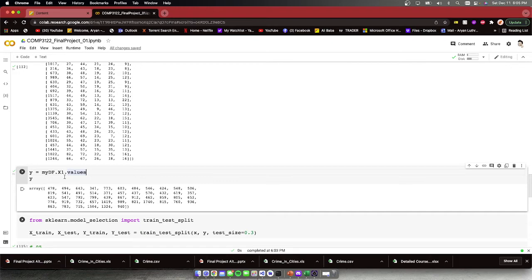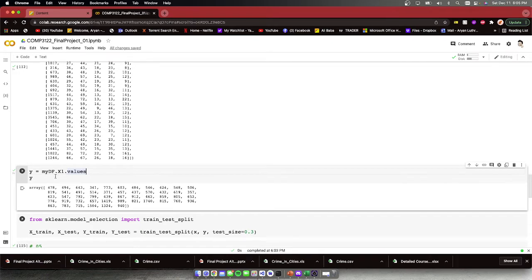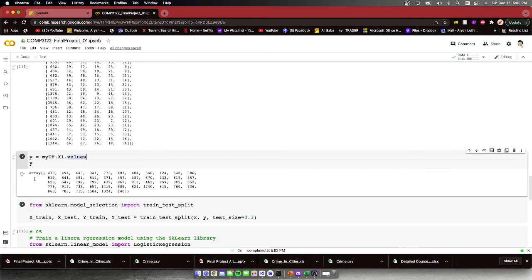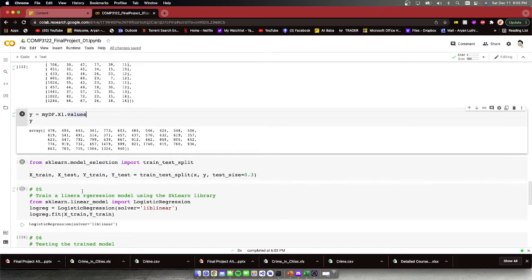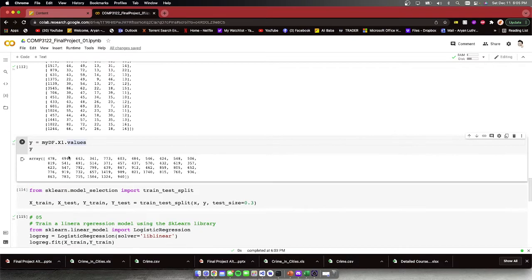So we put x1 in y, so those are the values in y. Now we need to split the data, and for that we are using this library. From this library, import this train_test_split method, and then we're going to use it. So we are using x_train for training on all those data, and then testing on all those data,